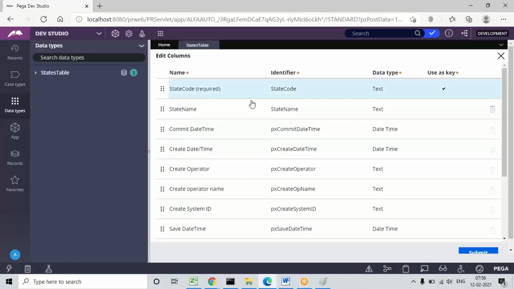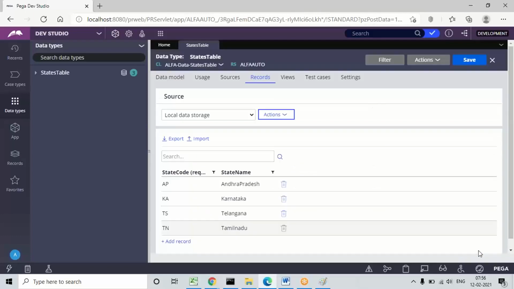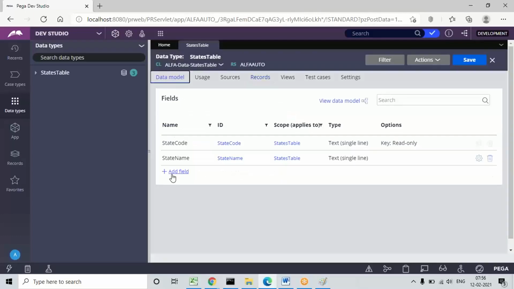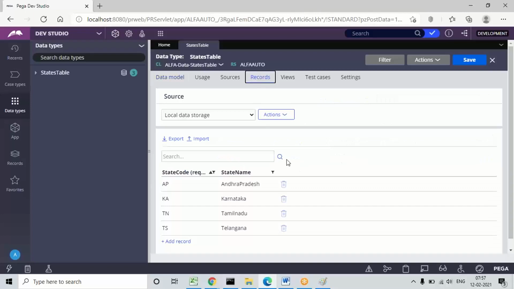But what we can edit is that we can rearrange the order of the columns. Only two columns are there, so I am not changing. But it will also show some predefined columns. Don't worry, I'll discuss predefined columns and predefined properties in the next week's classes. If you want to add new columns to state code and state name, you can add. Or, after creating the table, if you go to the data model, there is scope to add more columns there. Automatically it will be updated in the columns here.